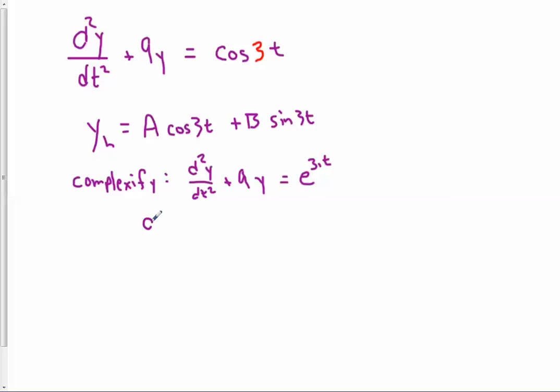All right, so now, normally what we would do at this point is we would guess d e to the 3it. However, here's the problem, and I'm going to stop us before we go further and really see the problem hit us right in the face. We won't be able to get this to work, because of the homogeneous solution to the complexified version, which usually we don't worry about because we already got the homogeneous solution to the original. But if I just really quickly write that down,